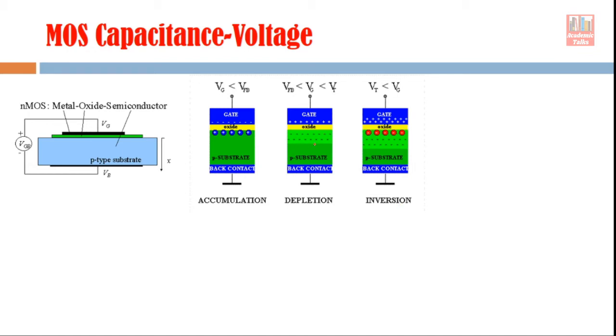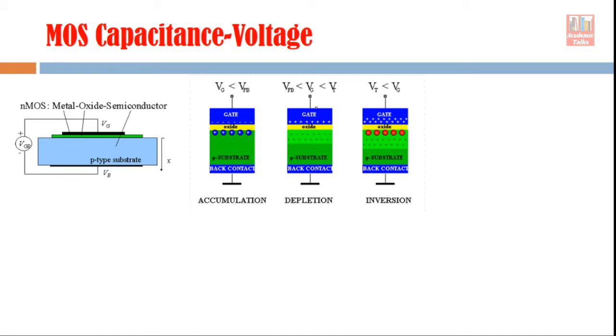There was a negative charge in this portion also when the device was in the depletion mode, but this negative charge was because of immobile ions. Here the immobile ions plus free electrons both are present, and both are contributing to the negative charge in this region. So whatever positive charge is there on the gate side, the charge on the semiconductor side is equal in magnitude but opposite in sign, right? And you should also remember that once